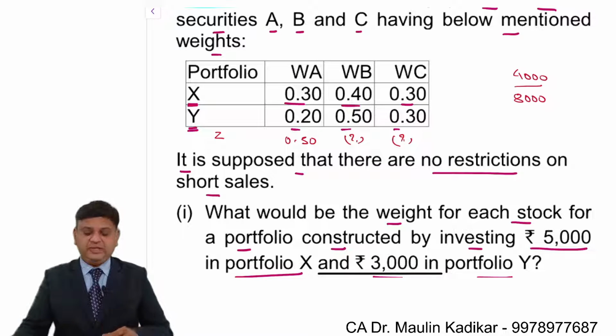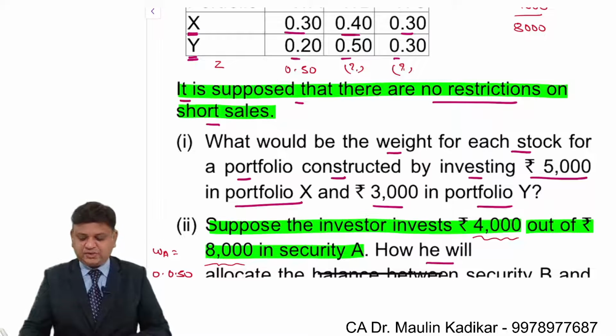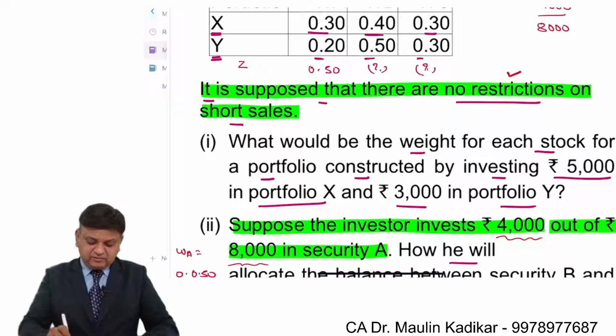Now friends, I hope that you will be able to understand the significance of this information. It is supposed that there are no restrictions on short sales. Now this information is going to carry an importance. Why? Because this information is providing that there can be a negative weight. So basically what you are going to do,